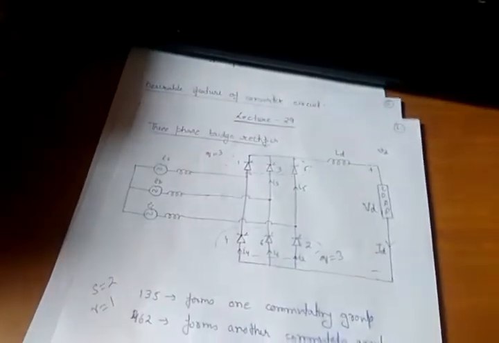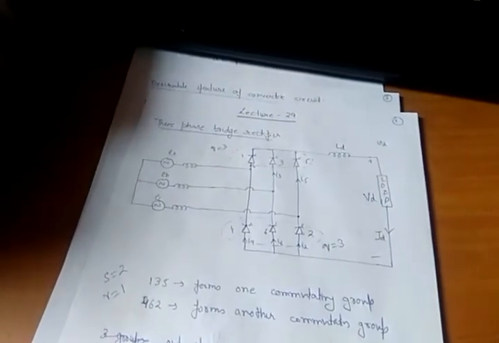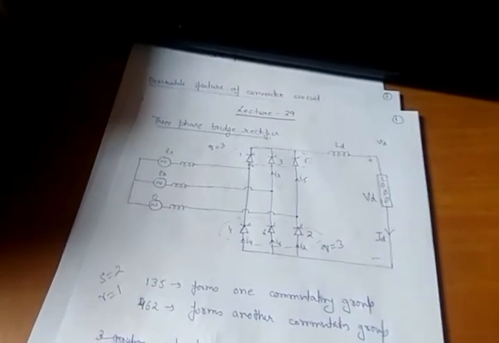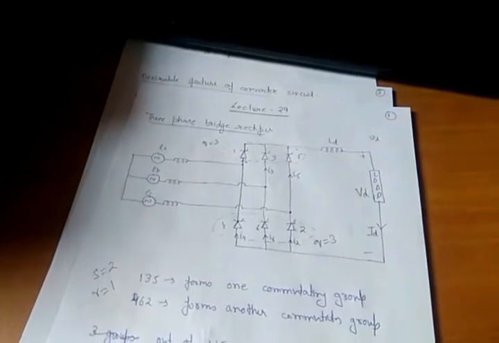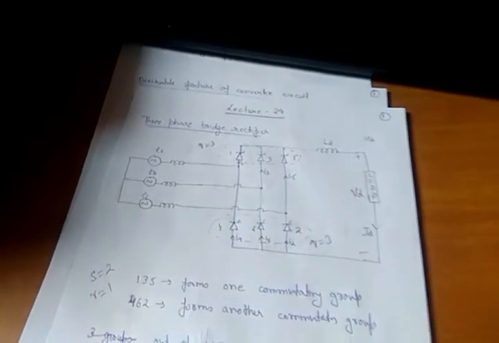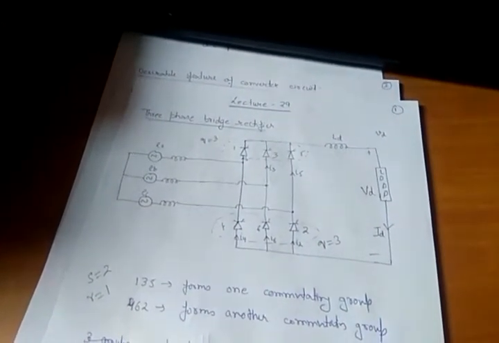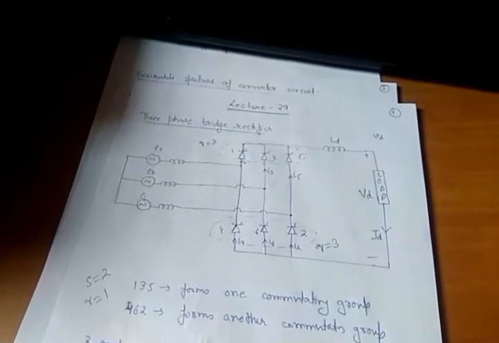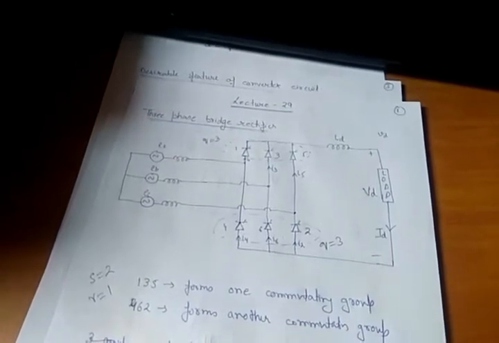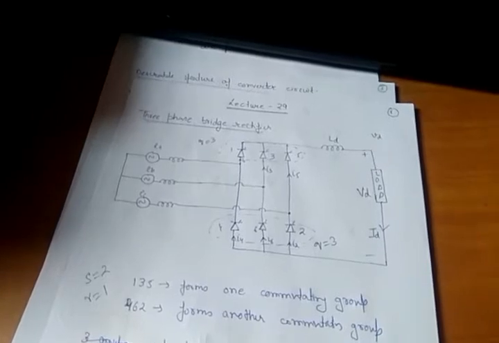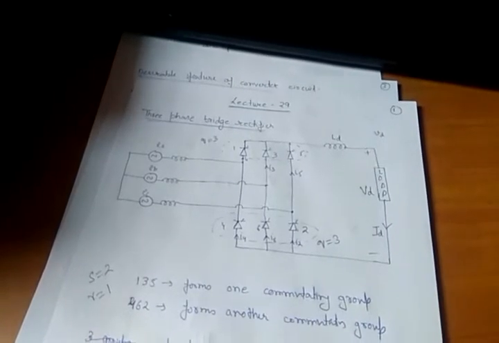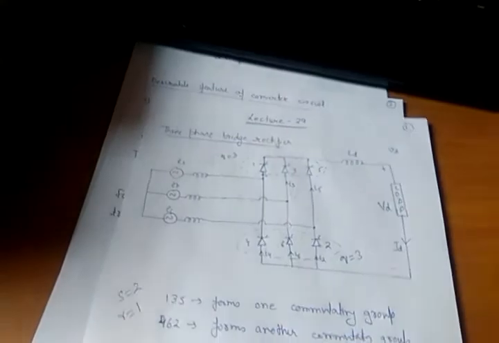Okay. So I told you this is a 6-pulse bridge rectifier, where we have 2 commutation groups. We have a group of 3 valves, and this 3-valve group is called a commutation group. That is why Q is equal to 3. The 2 valves are connected in series at a time, because only 2 valves will conduct at a time, one from upper, one from lower. So S is equal to 2 and R is equal to 1. Okay, so this will give me a total number of pulses of 6.